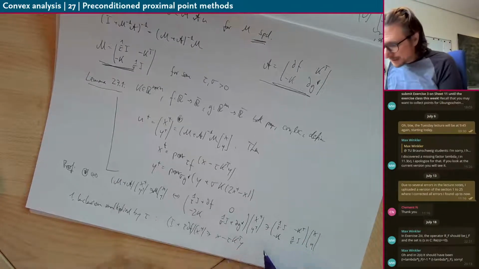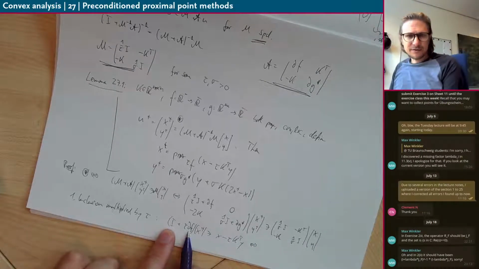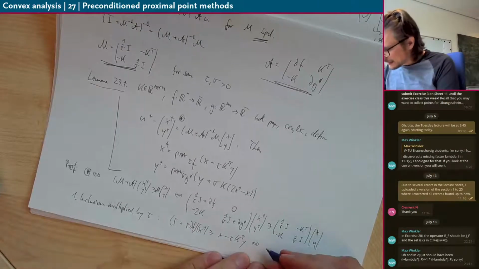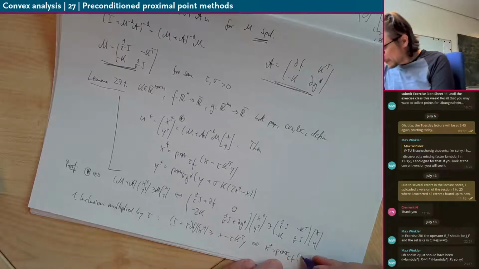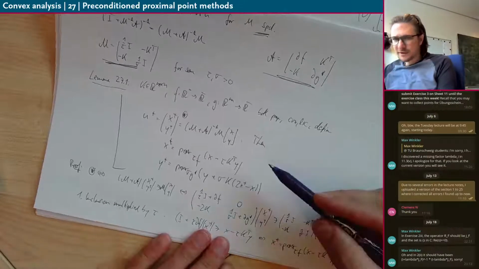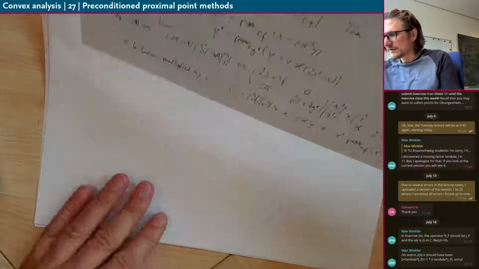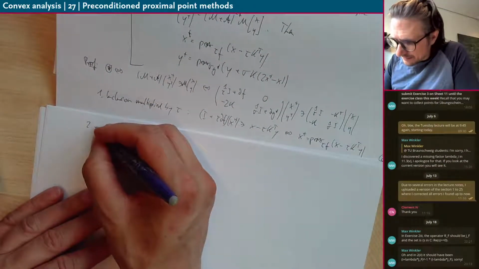Okay, and here we recognize that the inverse of identity plus tau times the subgradient of f is exactly the prox. So you can solve this by applying the prox of tau f to x minus tau k transpose y. And this is already our first update here. Okay, good. And now for the second, we do basically the same thing. The second inclusion